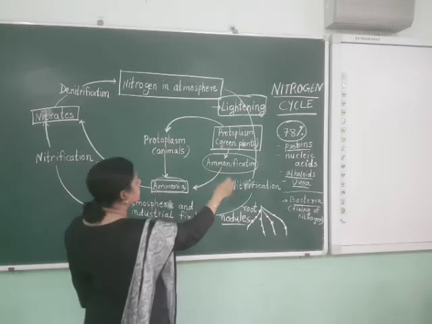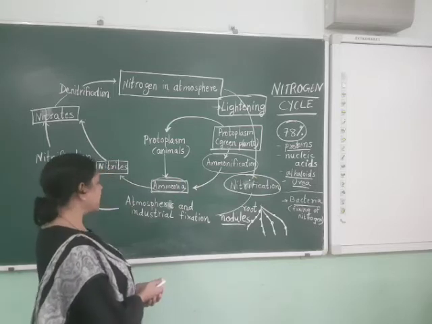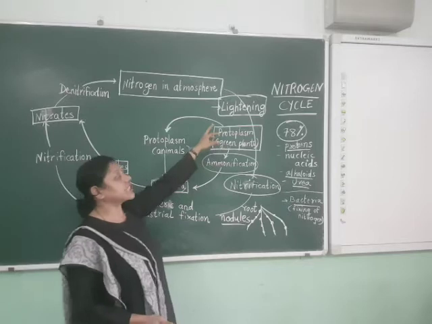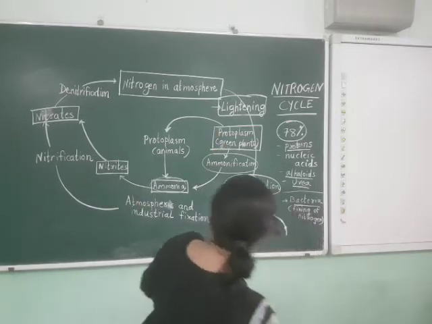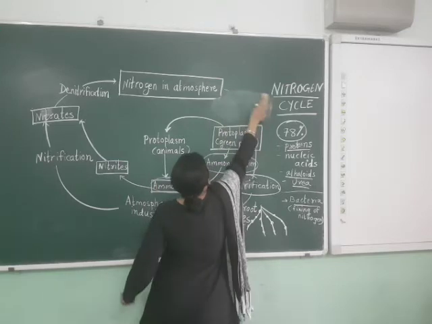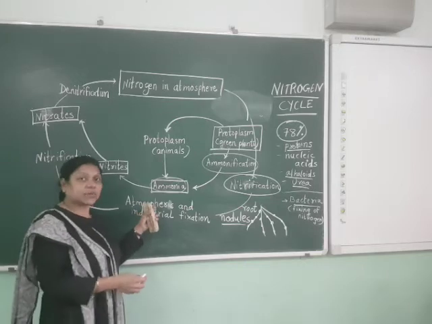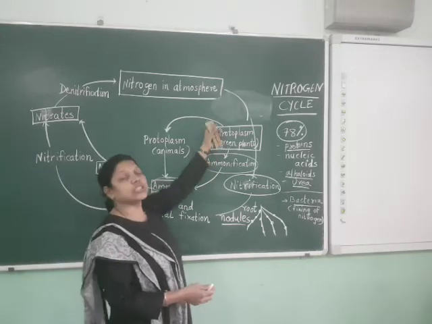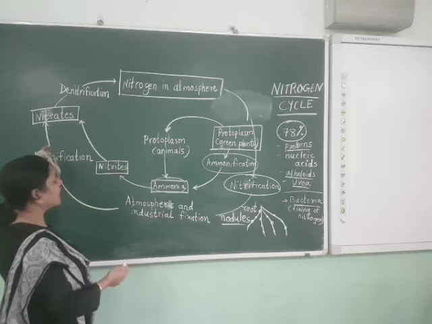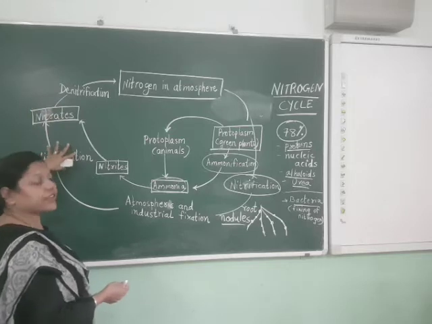Now what happens during the process of nitrification? Nitrification is a process by which the fixation of nitrogen takes place with the help of atmospheric and industrial fixation. So again it is a synthetic process. It's not a natural process, but a synthetic process through which the nitrogen is fixed in order to form the nitrates and nitrites. Now when this nitrification takes place,